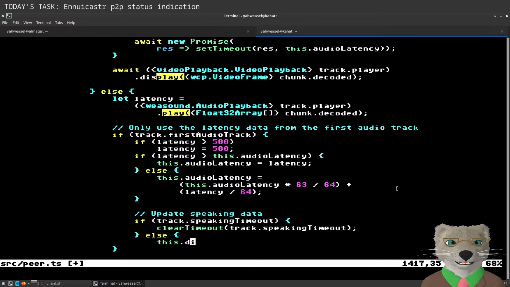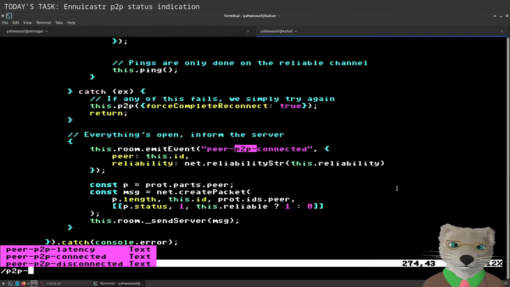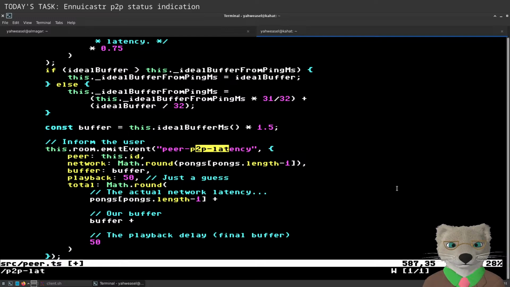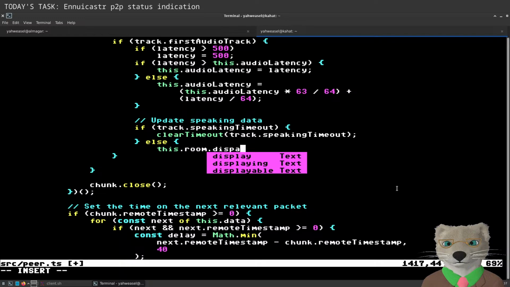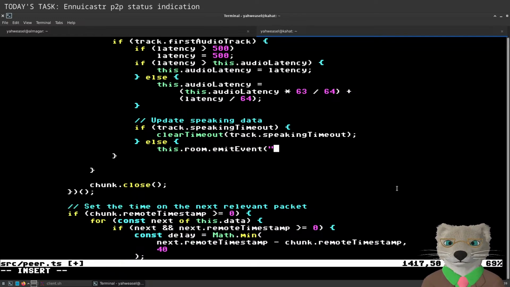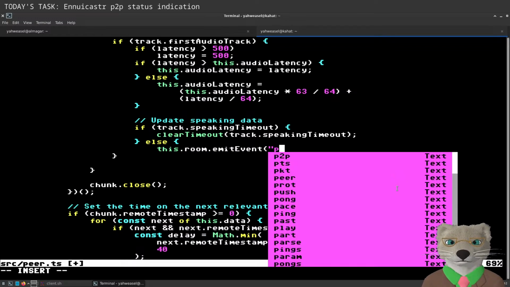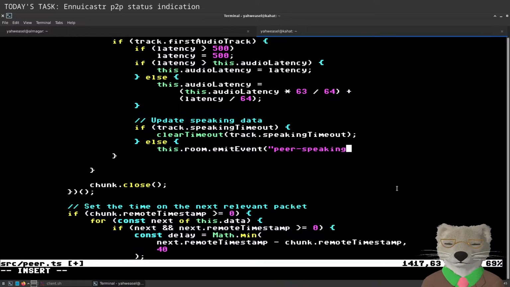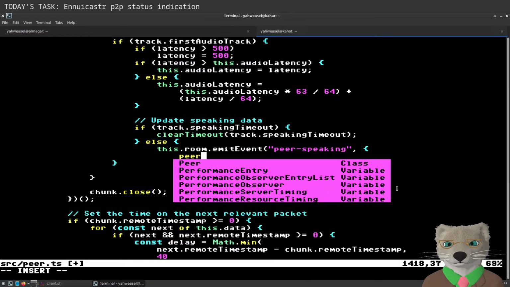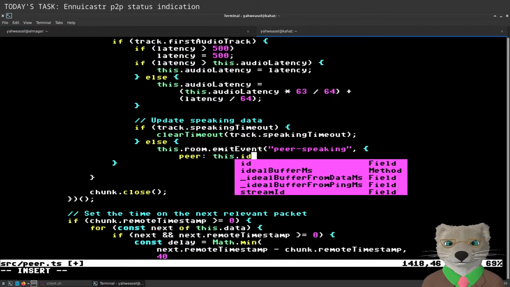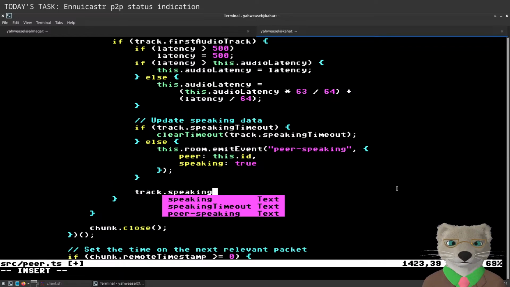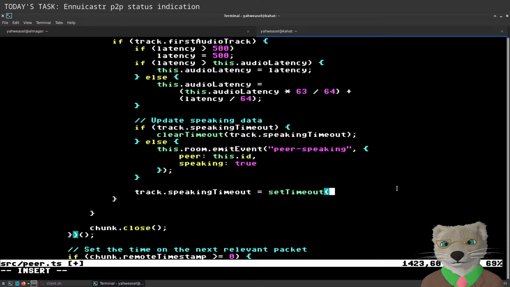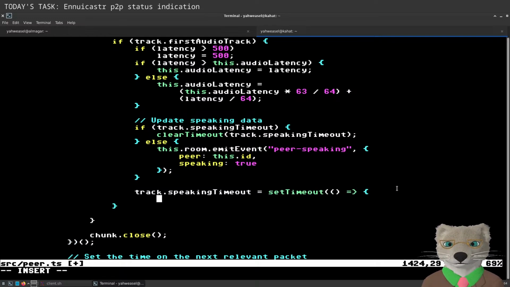Oh wait, where would this event get dispatched? This dot... Okay, that makes sense. This dot room dot dispatch dot emit event. Peer speaking. The peer is this dot ID, and speaking is true. And